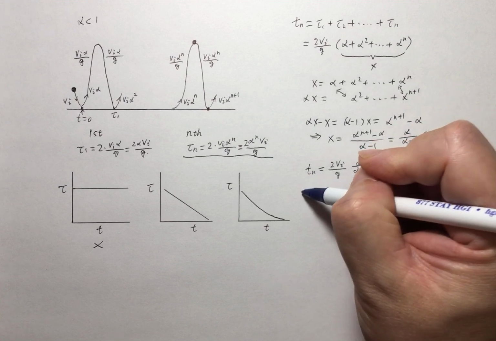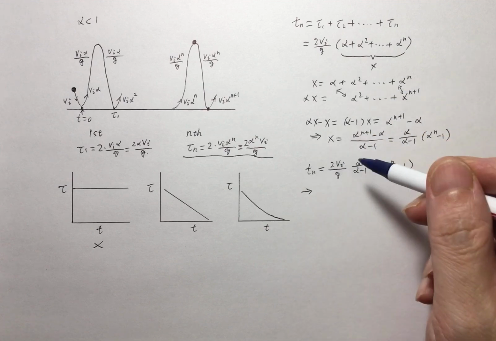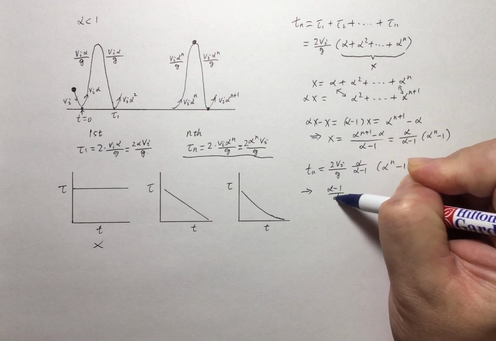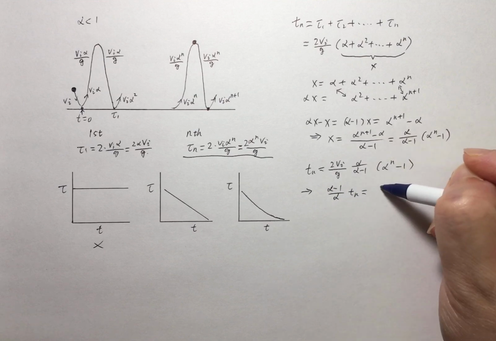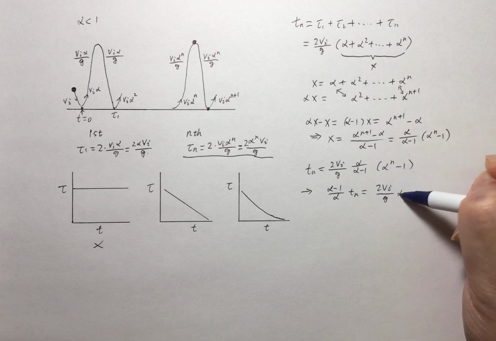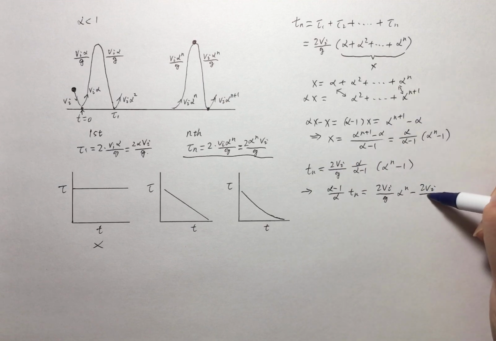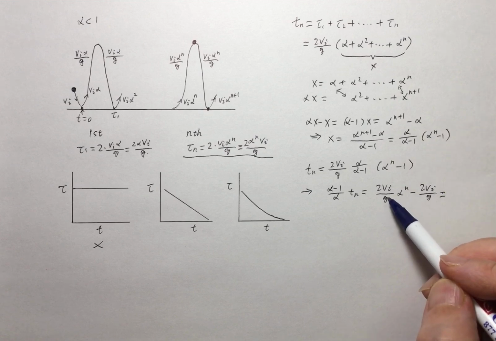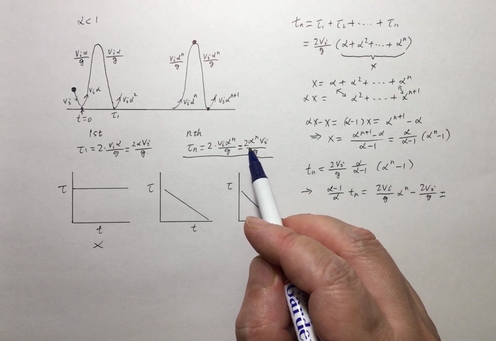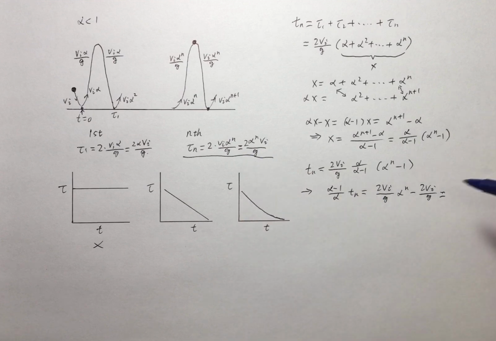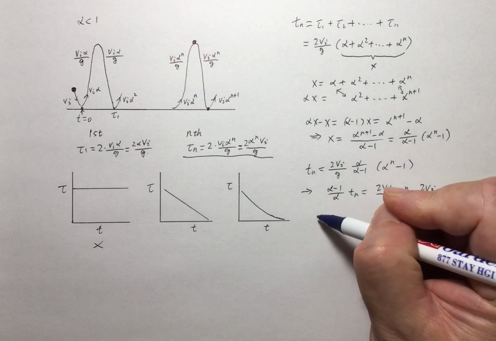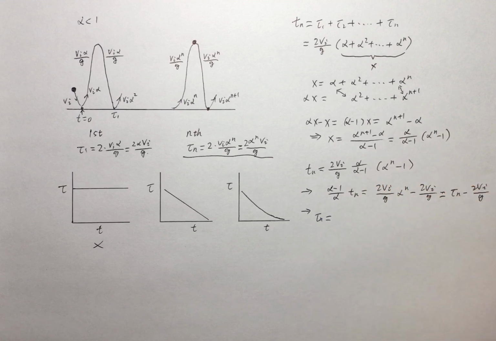To make it more clear, we move this term to the left side. So (alpha minus 1) over alpha times tn is 2 vi over g alpha^n minus 2 vi over g, remember we already moved this to the left. And 2 alpha^n vi over g is tau n. So it's tau n minus 2 vi over g. Vi and g are just constants. So now we have tau n equal, we move this to the right side,